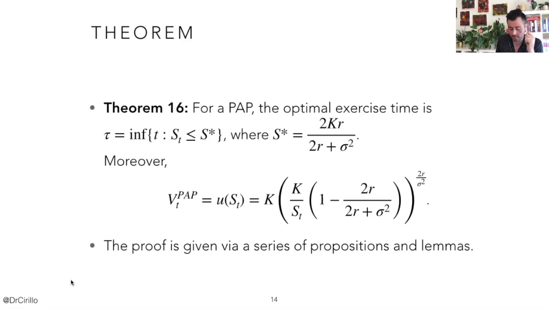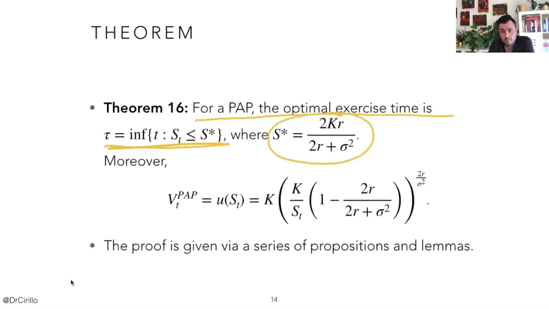Now, what is the claim of this theorem? If we have a perpetual American put, the optimal exercise time is the tau, such that it is the first t such that S_t is smaller than or equal to S star. And this boundary S star is exactly the value that we have seen before, okay? And that would be for us the lower bound for the actual S star of the American put, not of the perpetual American put. But now we are just restricting our attention to the perpetual American put, and this is the boundary. Once we have the boundary, we can also compute the value of a perpetual American put at any time t,